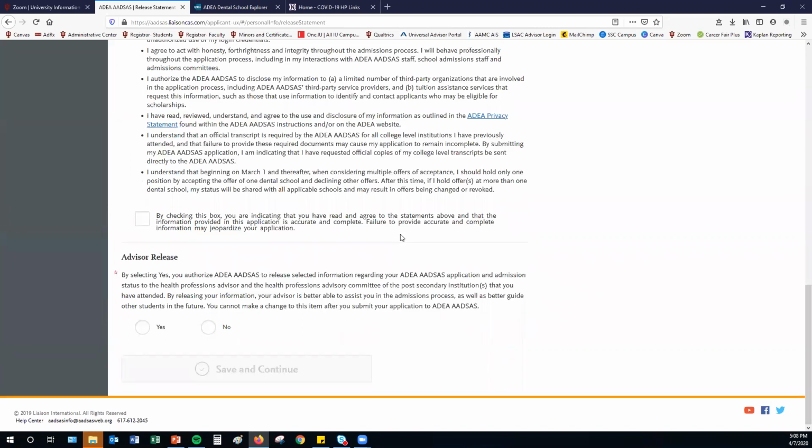One release of particular importance is the advisor release. This is where you can select to have your application released to the health professions advisor at the institutions that you have attended. It's important to note that as advisors, we do not have any access to your application's details. I cannot see your personal statement, the contents of the letters from your letters of recommendation, or any other